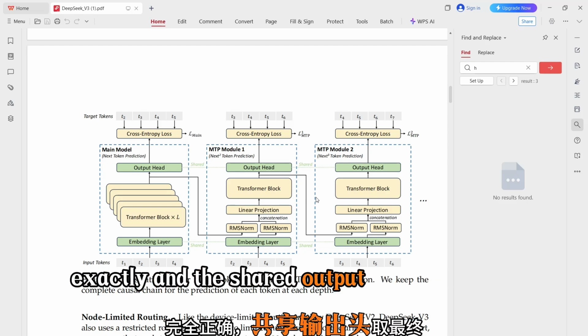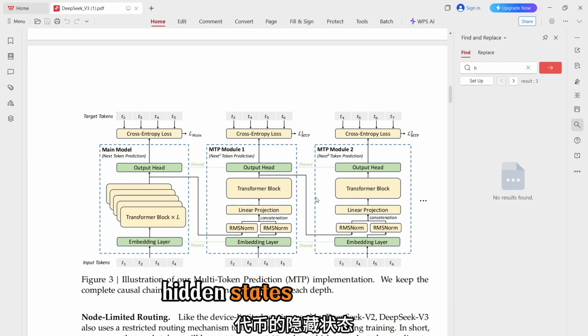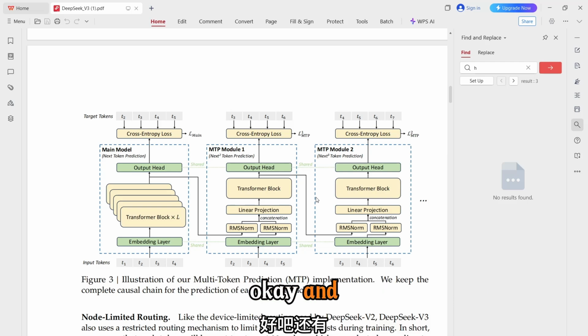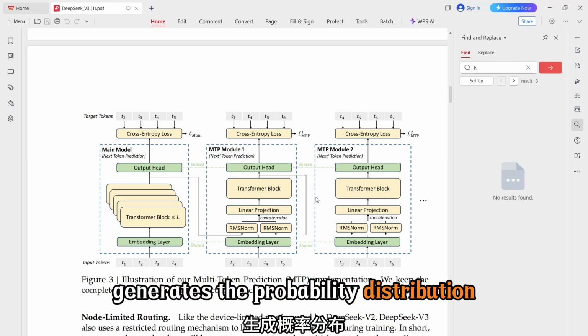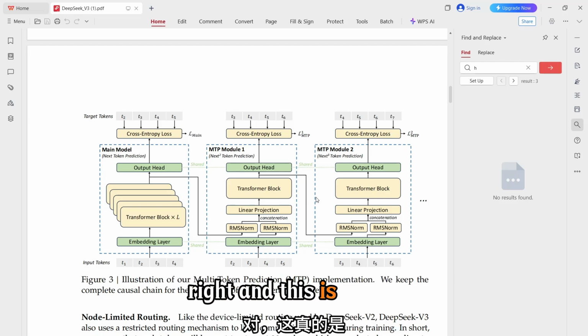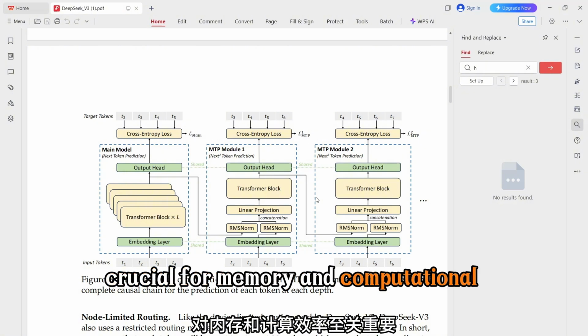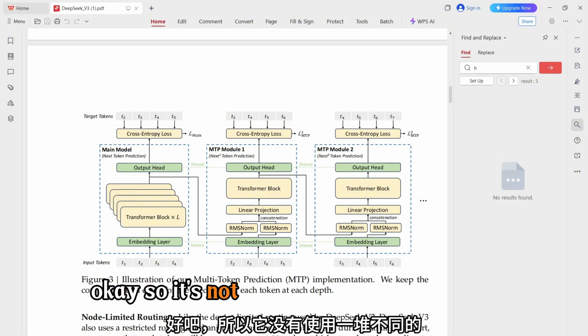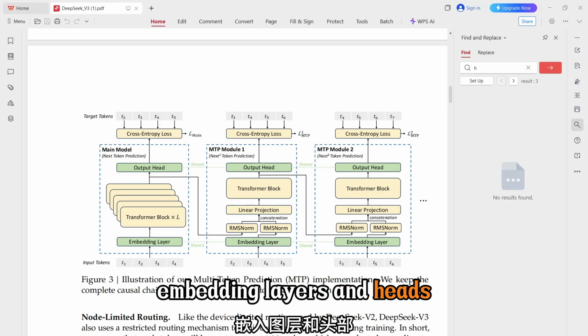Exactly, and the shared output head takes the final hidden states of the tokens and generates the probability distribution for the next tokens. So it's like they all have access to the same information pool. Right, and this is really crucial for memory and computational efficiency. Okay, so it's not using a bunch of different embedding layers and heads. Exactly, and the